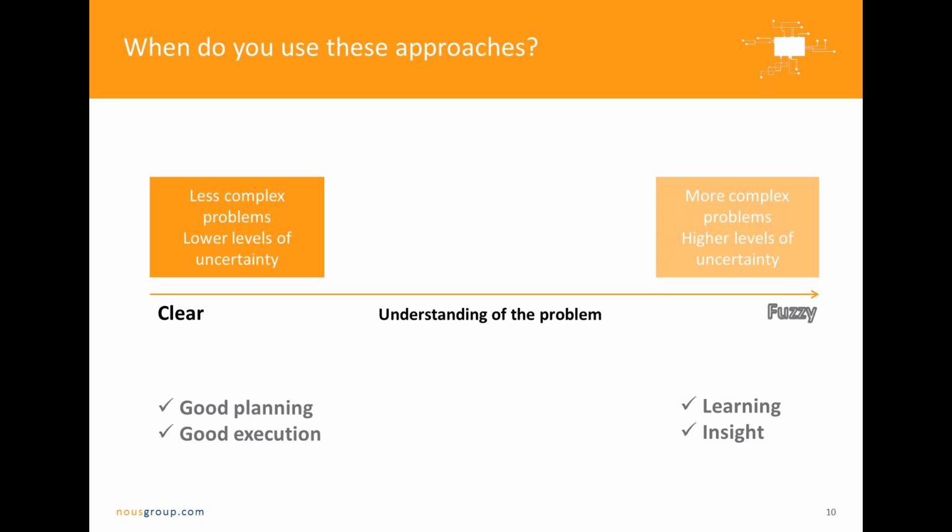And while there are lots of different ways of categorizing problems, some of you, I'm sure, are aware of wicked problems and the Cynefin framework, the difference between simple and complicated and complex and chaotic problems and how they all require a different approach. But stripped right down, I think a simpler way to think about it is that every promoter of innovative approaches thinks in terms of two types of problems. There are the less complex problems, with lower levels of uncertainty, the sorts of problems where we pretty much get it straight away. We understand the nature of the problem.